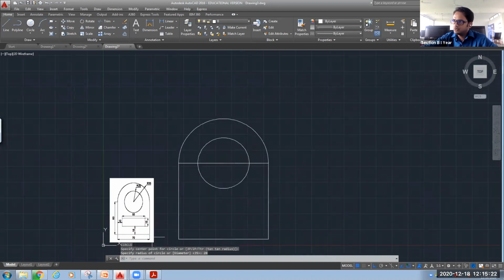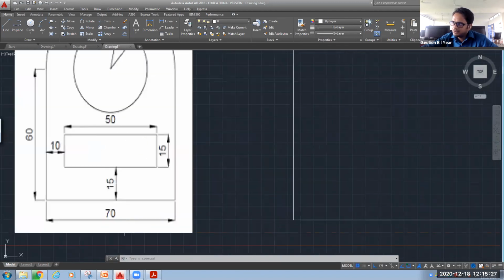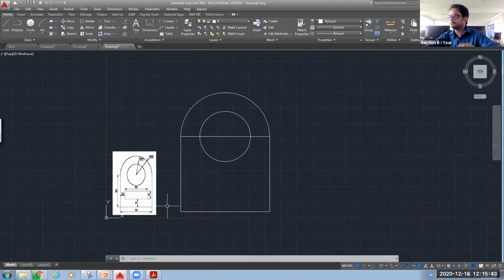Now, I need to draw this inside rectangle, and this inside rectangle you can see from the base horizontal line it is at a distance of 15, and from this side it is 10, and again this is 15. So I will use again here the offset command.